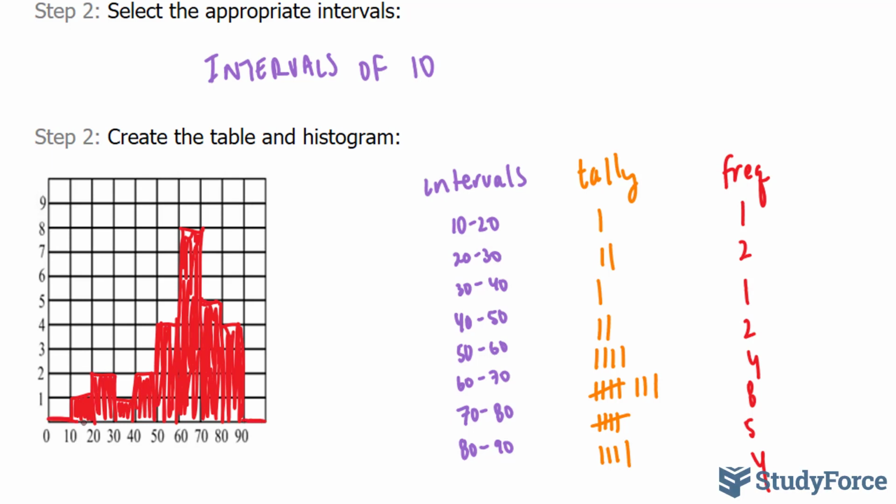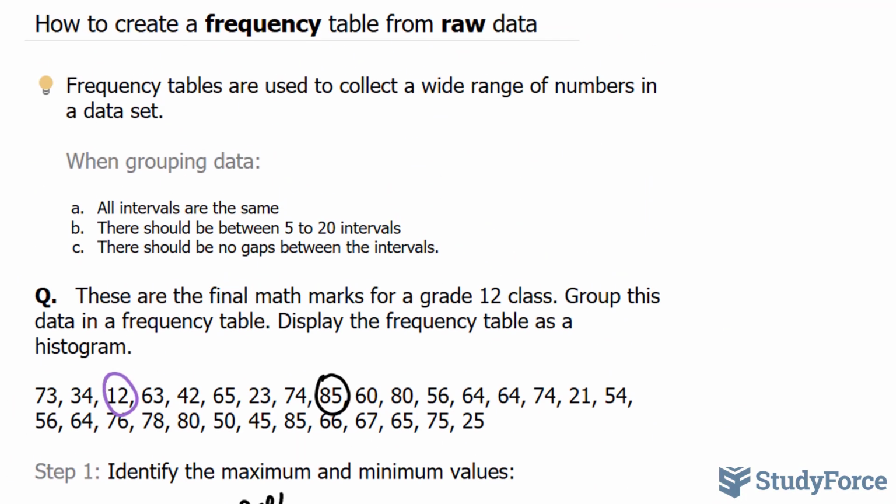And to be super accurate with our histogram, it is appropriate to label the axes. So here we would have percent, here we would have the frequency, and the title would be math marks. And so there you have it. That is a simple example on how to create a frequency table from raw data and subsequently create a histogram